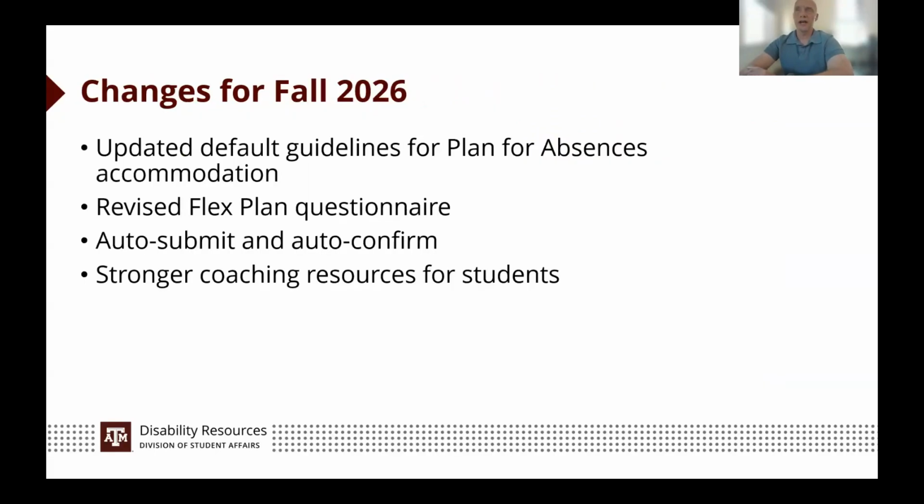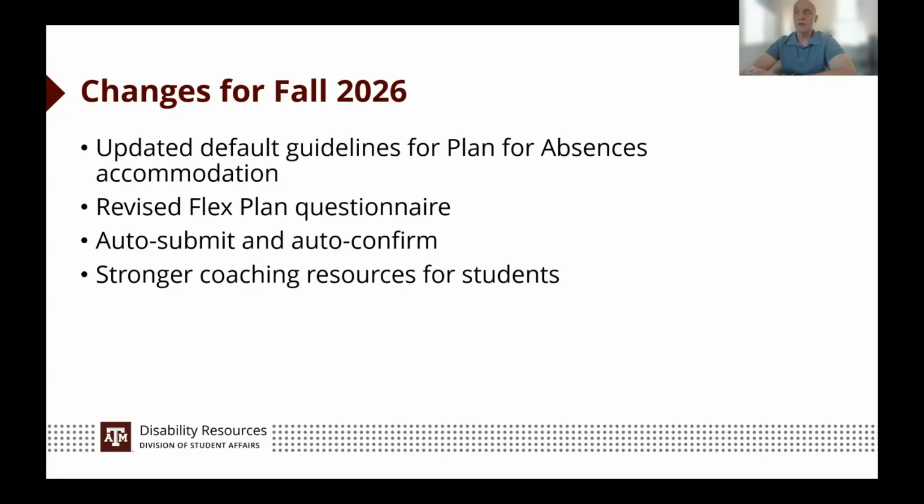So I wanted to talk a little bit about changes in fall of 2026. I panicked for a second because my screen reader, I thought it said fall of 2025. And I was like, that's embarrassing. Fall of 2026. So we made a couple of changes, and all of these changes are really intended to expedite the process for everybody. If your inbox looks anything like mine, which I know it does, nobody has time for email reminders to get things done. Like, the quicker we can respond to these things, the quicker we can be about the business of what we're here to do in academe, which is learn and to collaborate, right? So let's get about that. So changes for fall of 2026.